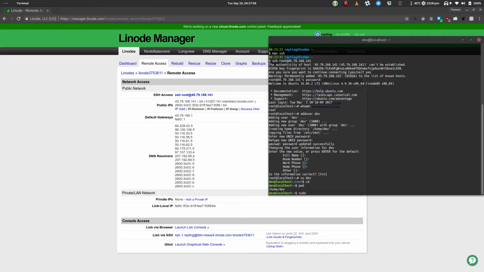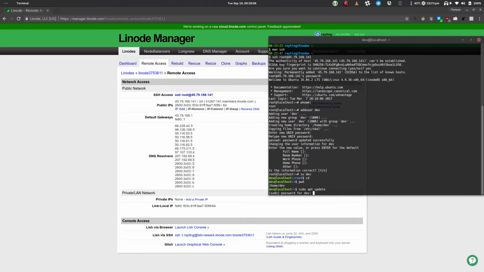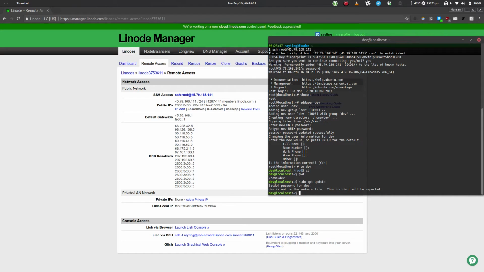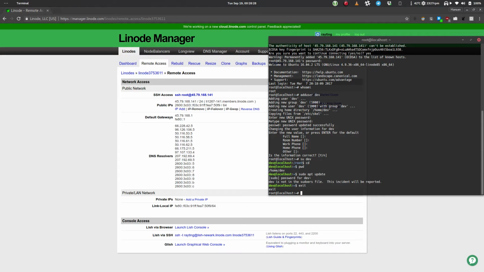So probably the first thing anyone will want to do is sudo apt update, except we're not in the sudoers file, as you can see here, which basically means that we're not allowed to do superuser operations or commands. So what we have to do is add, see if I can remember the command, adduser -g, I think, -aG,